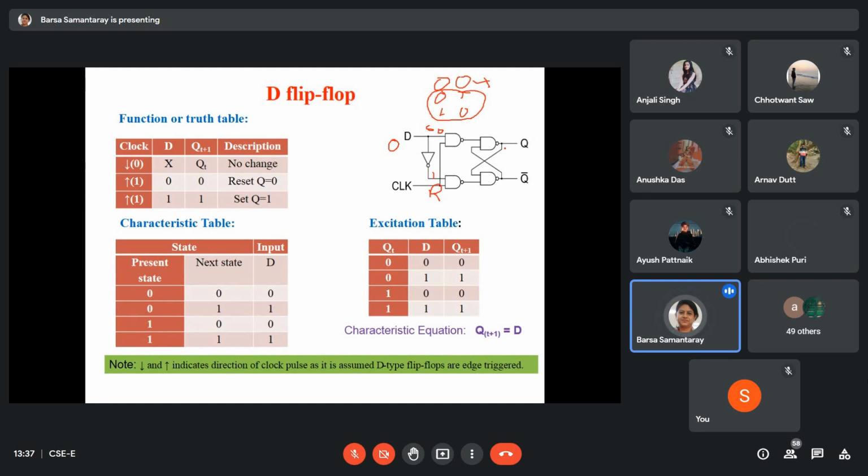R is 1, means Q is... tell me, Q is... अरे, रिसेट वैल्यू जब एक्टिव होता है तो आउटपुट क्या आता है? Reset active means output is 0. Okay, and when D is 1, so S is 1 and R is 0, so output is